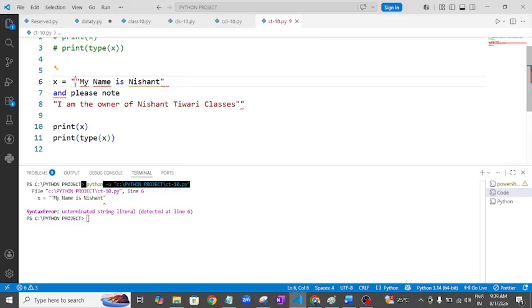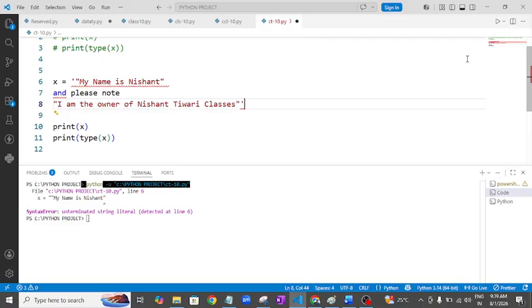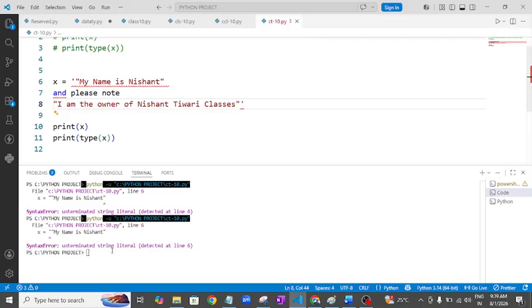Sir, if I put it into single quote, let's put it into single quote, sir. Again, it is expecting a closer for the single quote. Okay, sir.